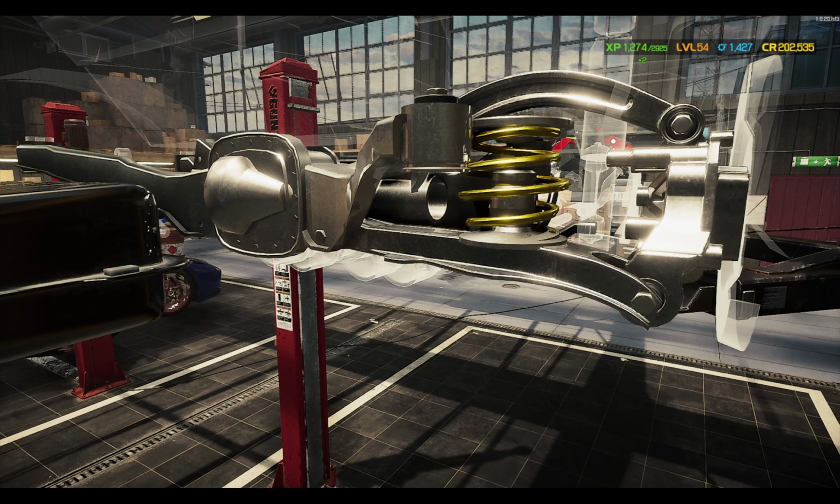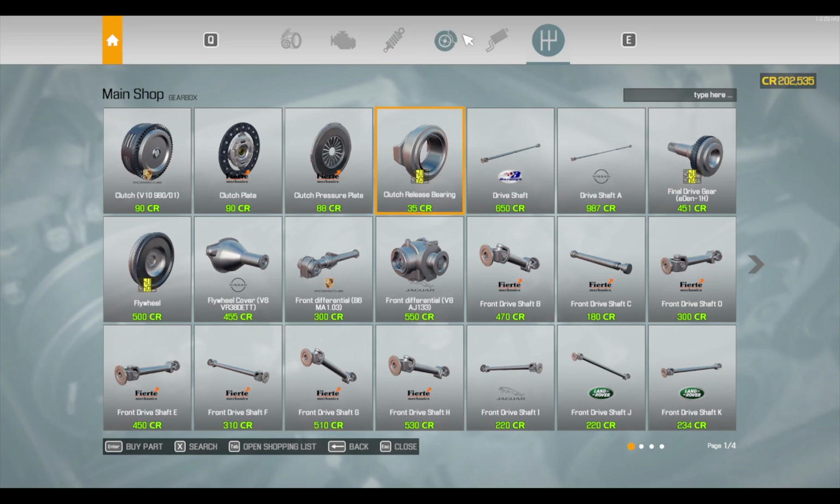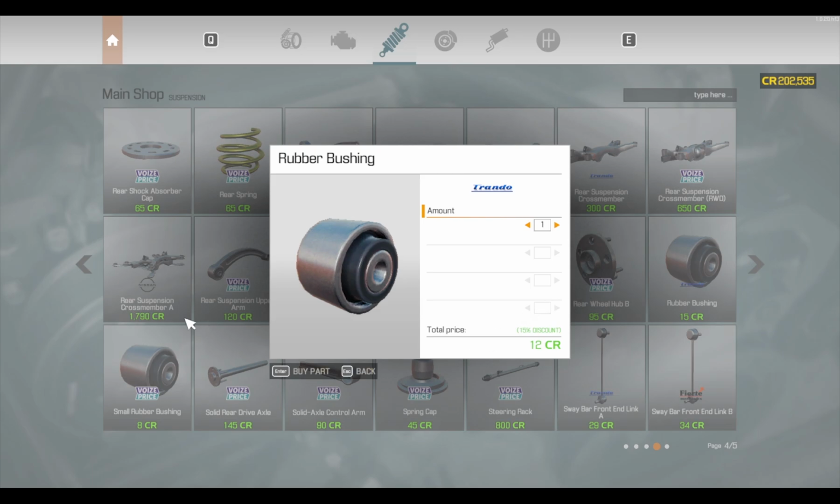I can buy it. I finally sold all of the parts that I had that were just lying around. Oops, I'm missing some rubber bushings. Oh, maybe not those rubber bushings, these ones here. But the parts that are damaged and I'm not going to be using, because I'm not going to do the whole thing I did with the Evo 10 with the